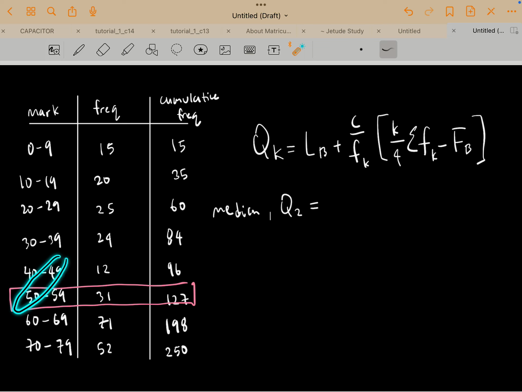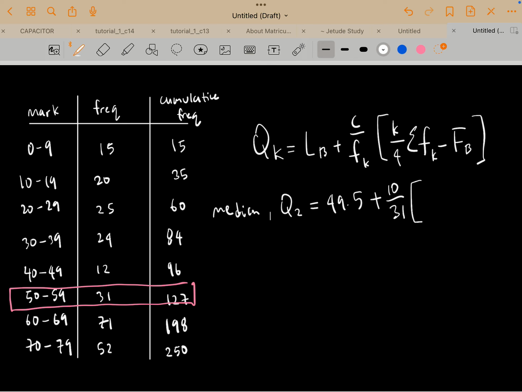In our case, that's 49 plus 50 divided by 2, so that's 49.5, plus C. C is the range from the upper bound, this one, minus this one. So that's 59.5 minus 49.5, which is 10, divided by the frequency at that particular class, which is 31,